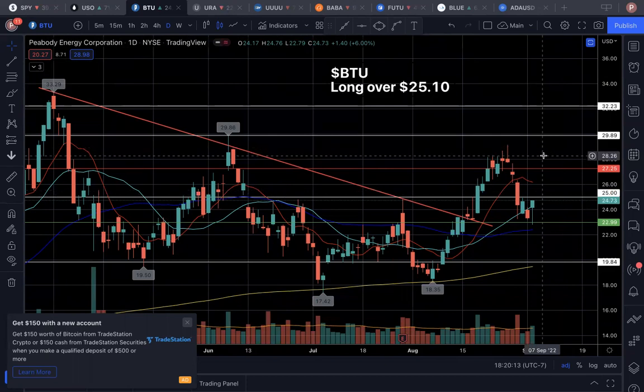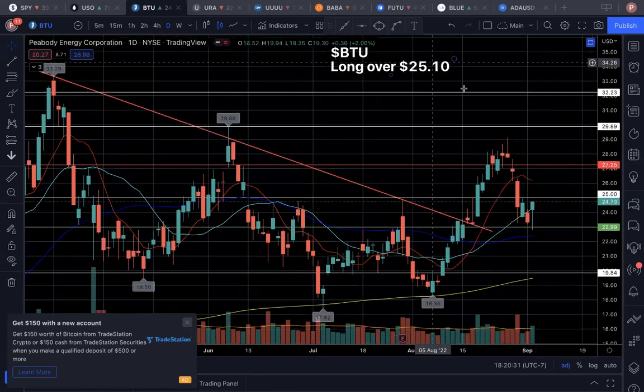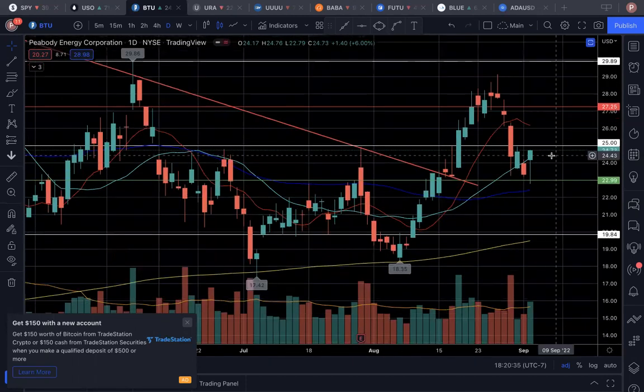Now, BTU here, it almost reached that $25 level, which is our current resistance right now. And ideally, I would have loved it if we could retest the $25 resistance level last week, but we didn't, right? However, okay, I love the fact that we actually rose all the way up to this